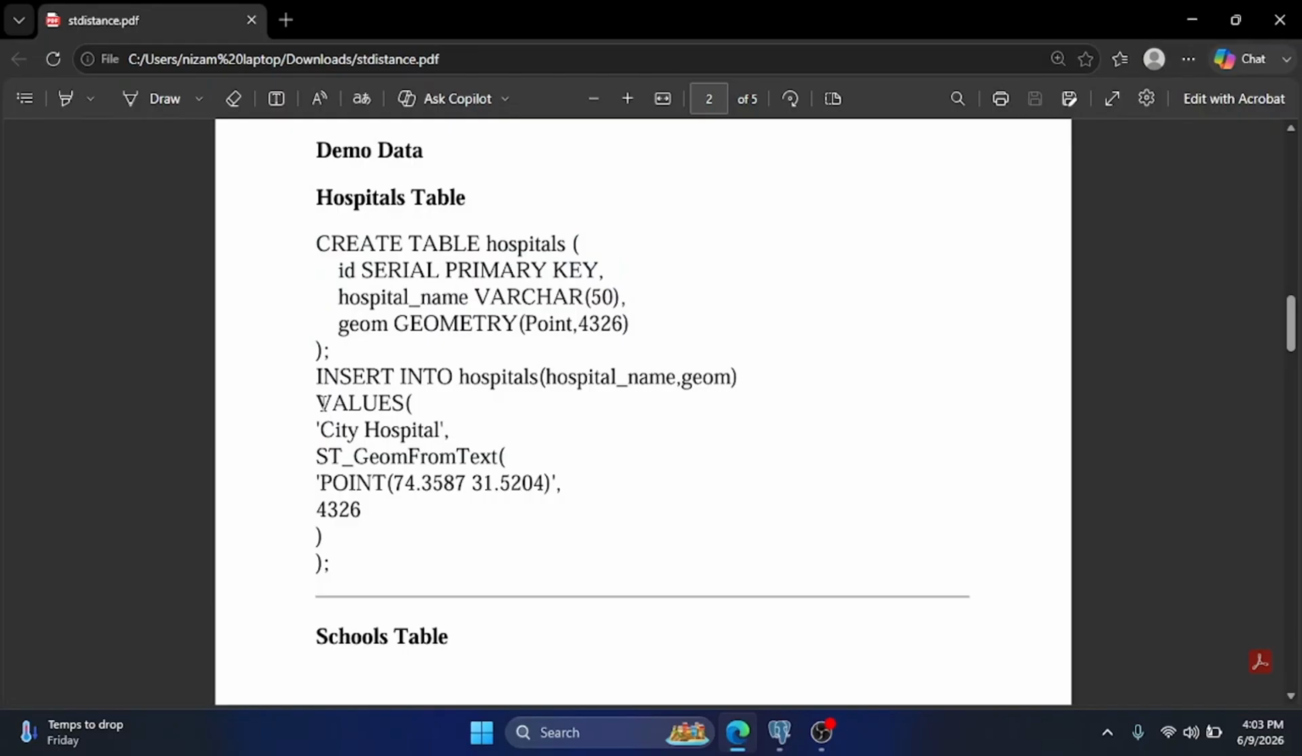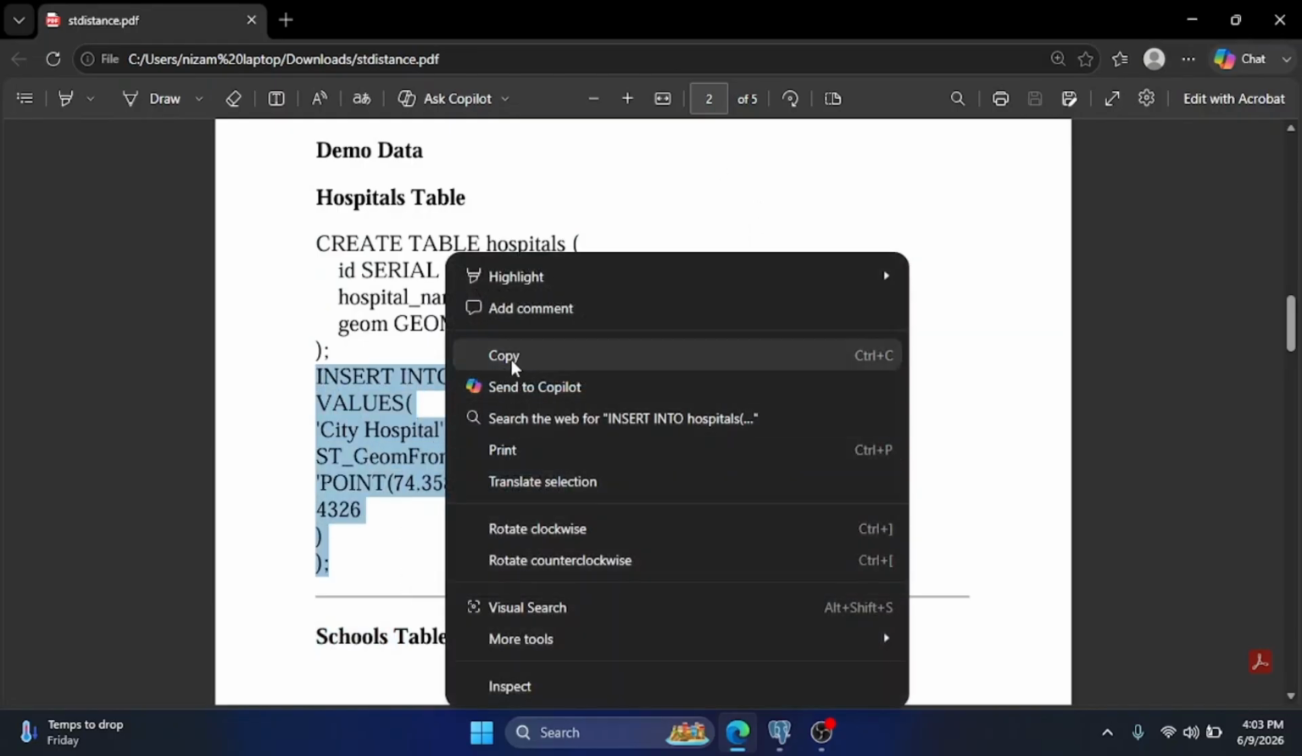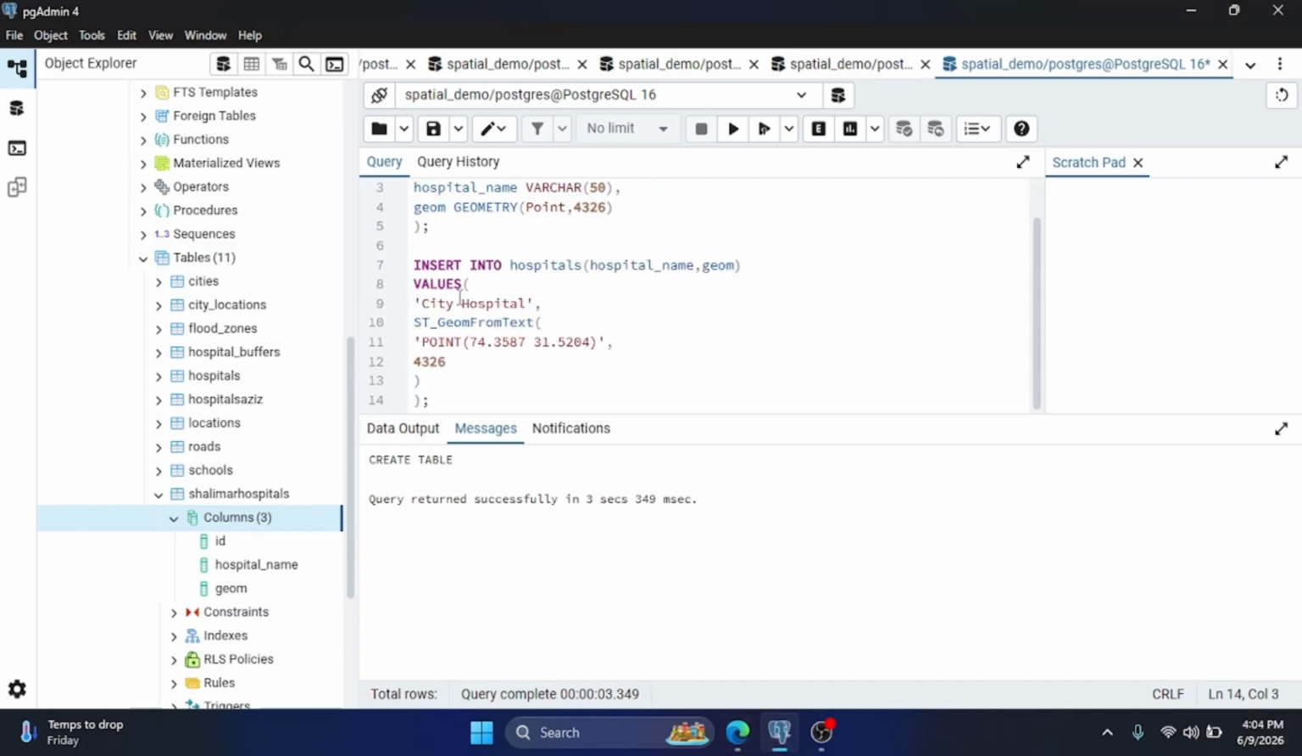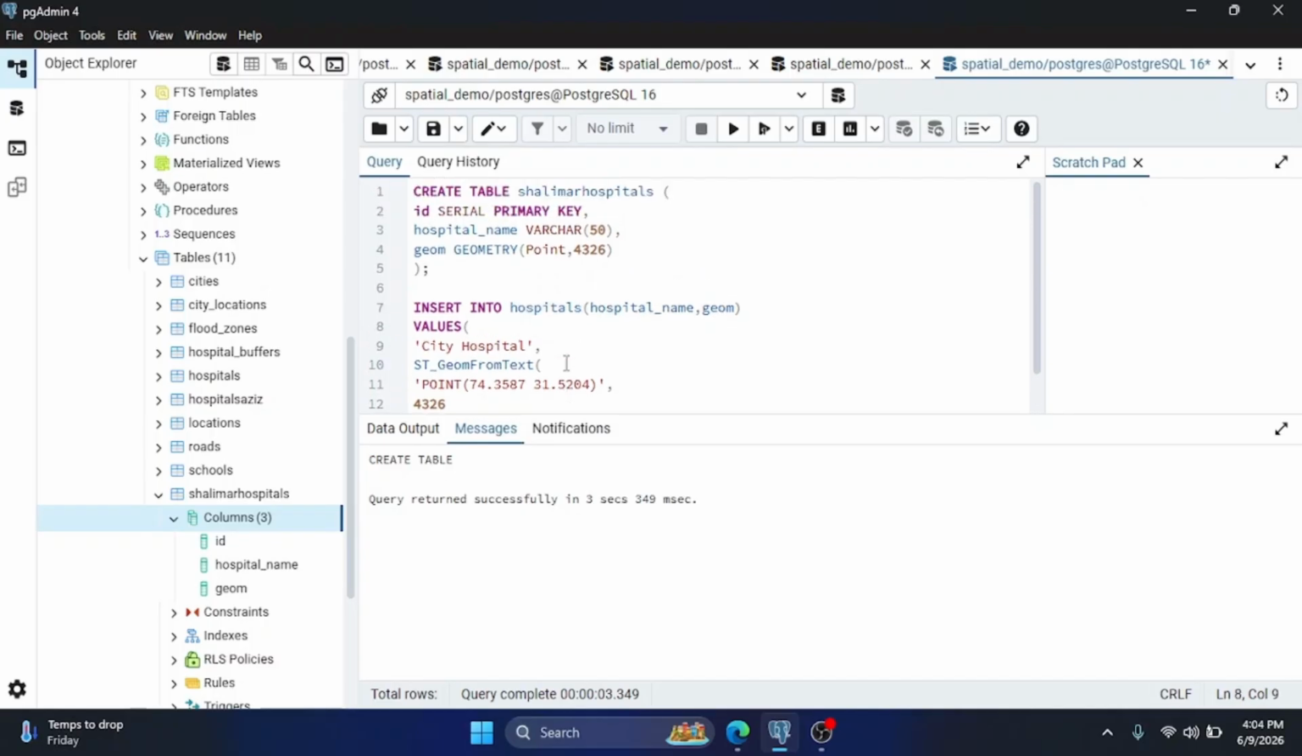Okay, so now let's insert the data in this table. For that purpose, you need to use an INSERT query. Let's first understand this insert query. You have to write INSERT INTO, then the name of the table in which you want to insert the data. In my case, the name of the table is Shalimar Hospitals. So let's copy the name here,